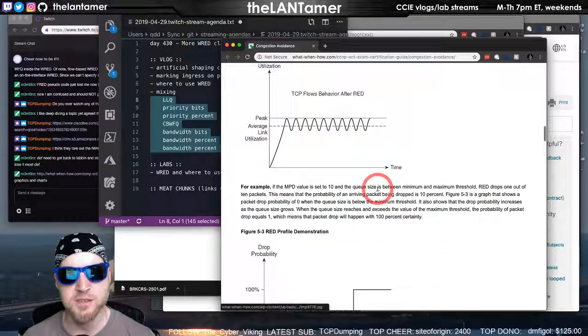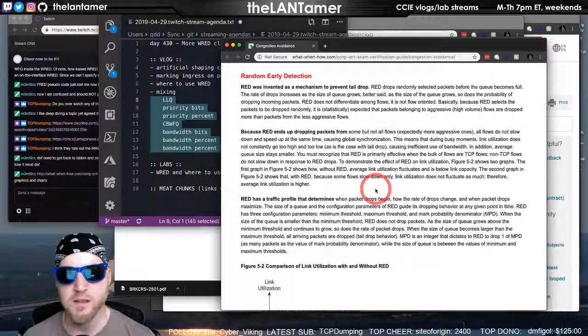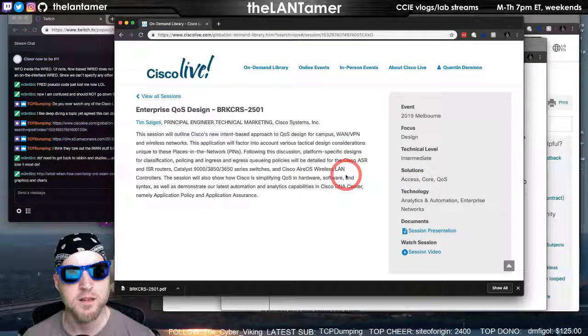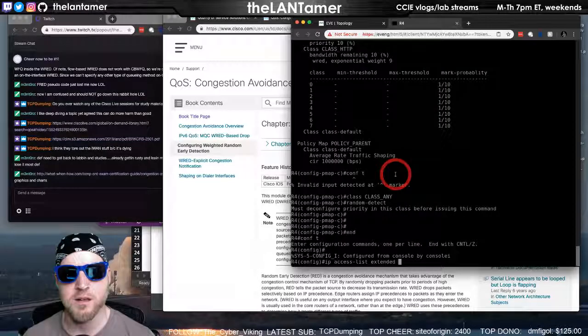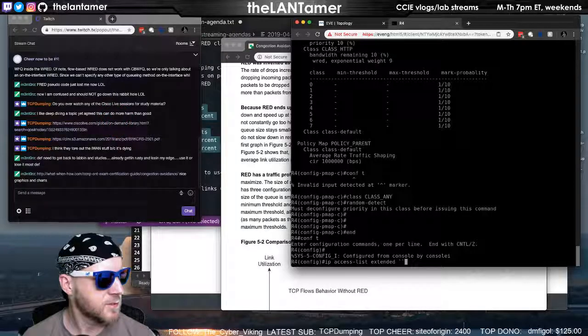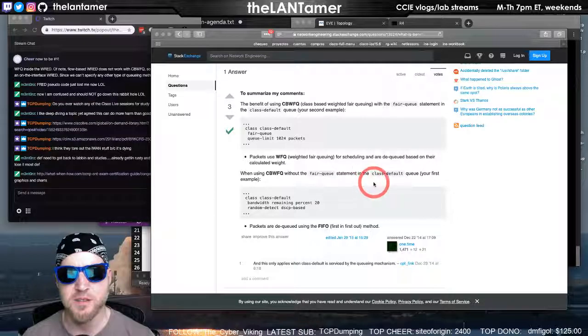Where did I see that? So many windows. Okay, maybe this one had the answer. They're dequeued based on their weight, right?